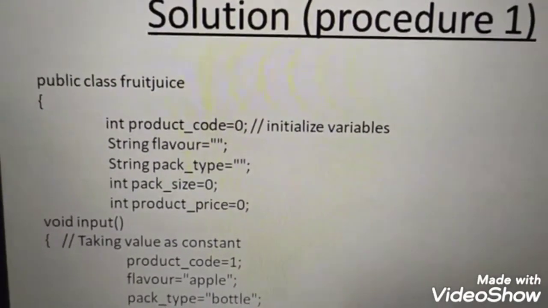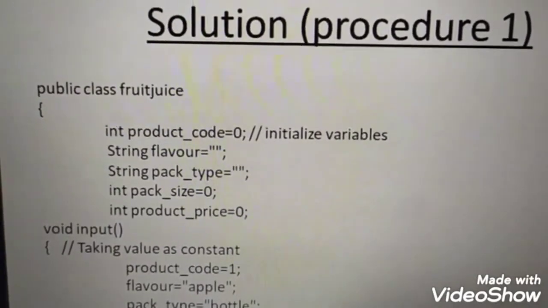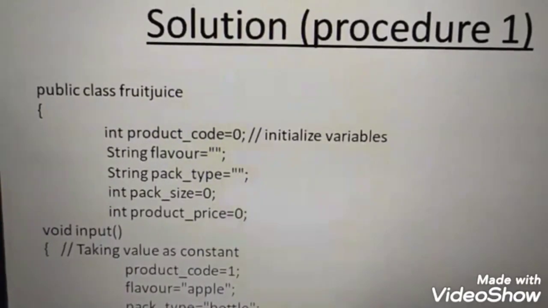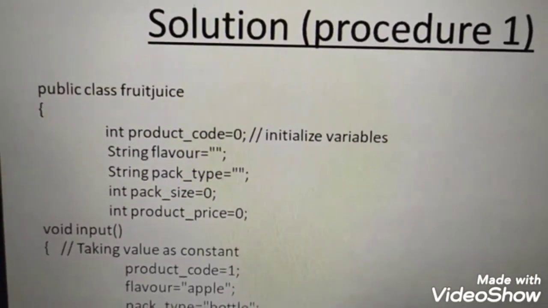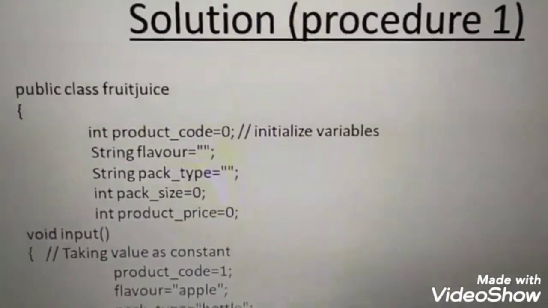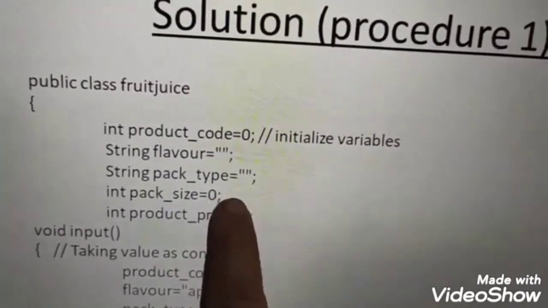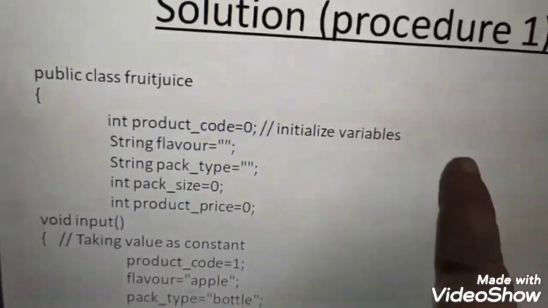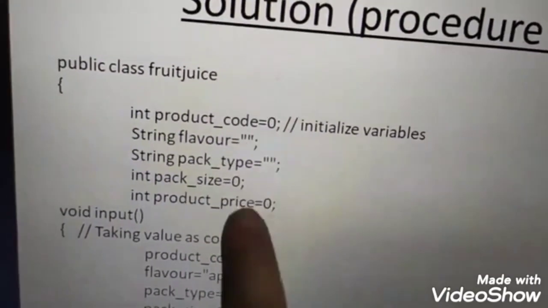Now look here. Those data which are defined as integer are initialized with the value 0. Those data whose data type is string are initialized with double quotes. If it is float, then it will be initialized with 0.0. If it is double, then it is initialized with 0.0. In this way we are at the second step, that is the initialization of the variables. We are informing the compiler these are the data members, so reserve the place in memory, and they are created in memory with these initialization values.